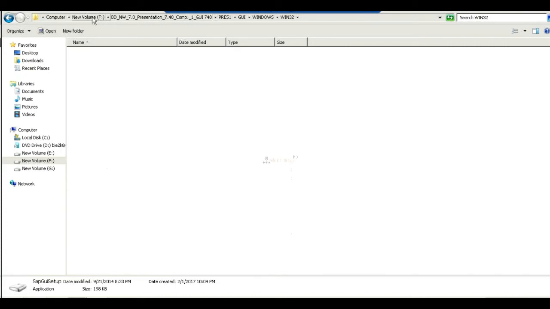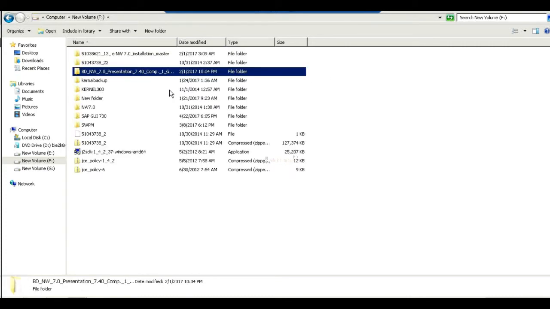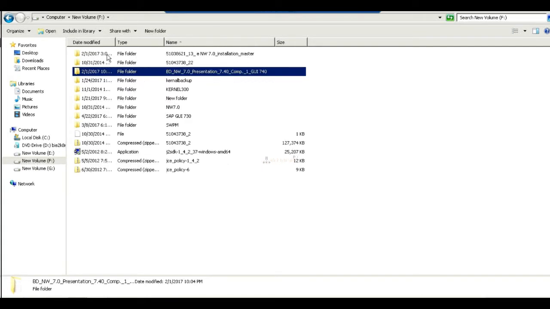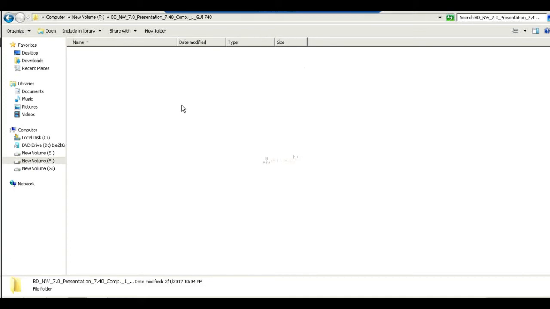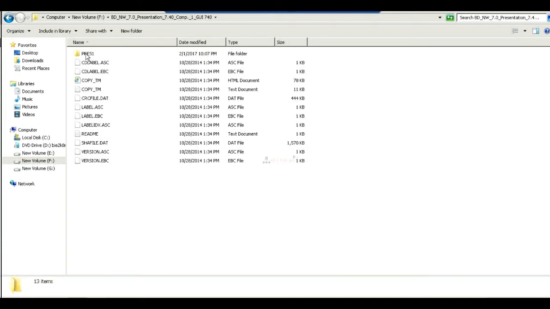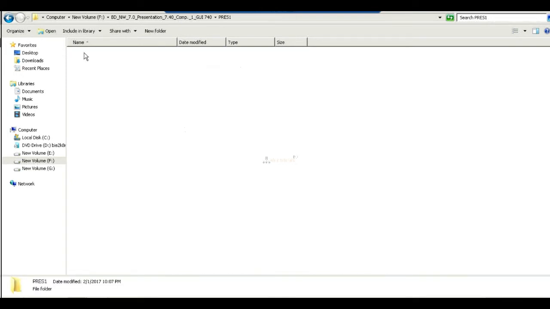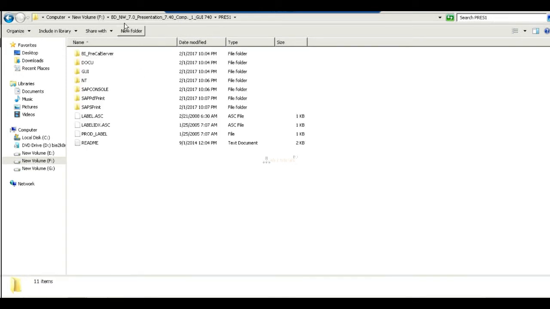Why do I require to install it? Any answer? To connect, presentation layer. Yes. If you want to connect to my SAP ABAP stack, I require a SAP GUI, right?